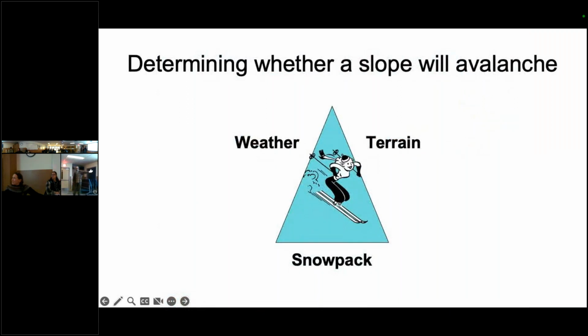This is kind of the basic formula we have for determining whether a slope will avalanche. We divide it up into three things: snowpack, weather, terrain. They all interact with each other, especially the weather and the snowpack. And then we always put a person in the middle, because that's the other part of avalanche stuff, the human factor, decision-making.